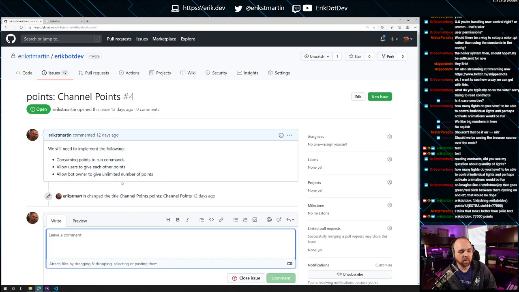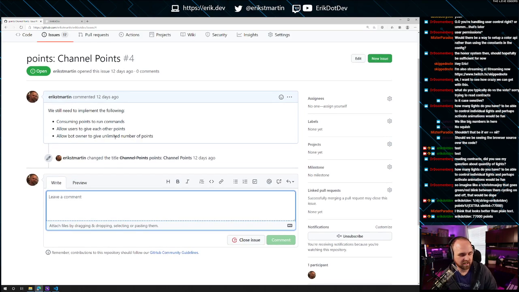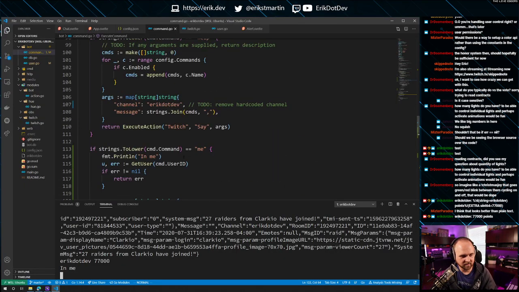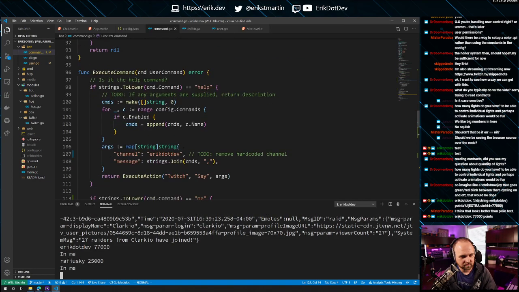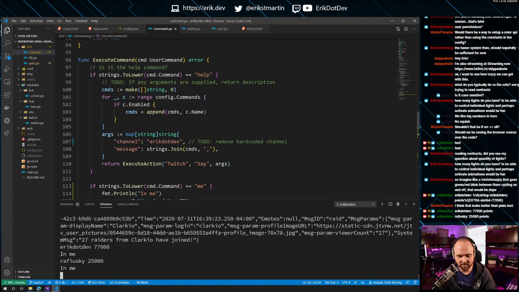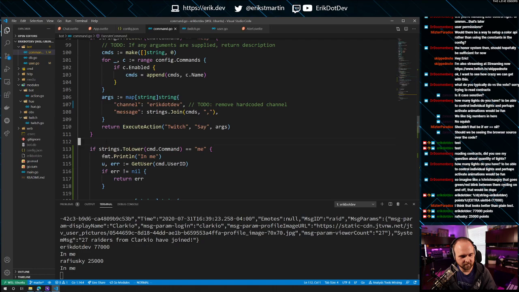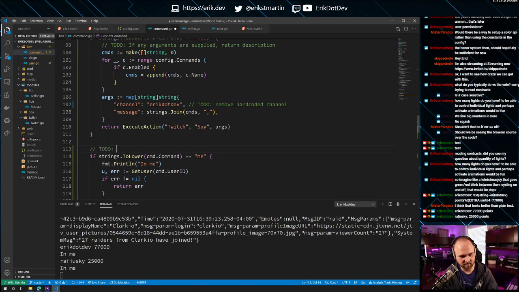All right, so let's implement this too. Allow users to give each other points. So this is starting to get kind of messy in here as well. We might want to... I'm going to add another to-do here. To-do: pull this out into bot actions